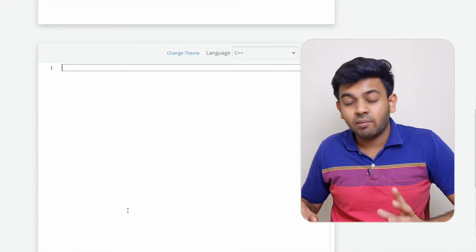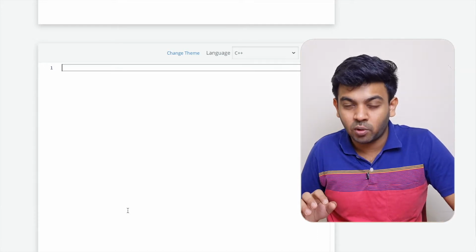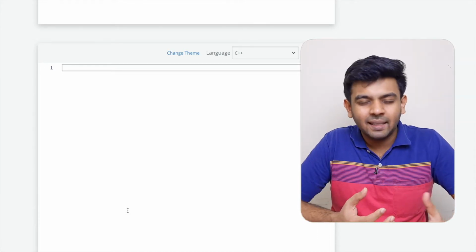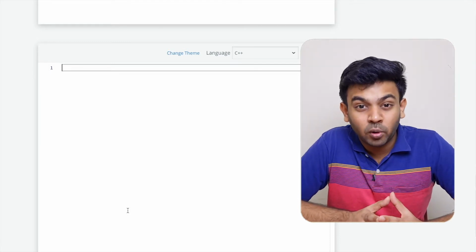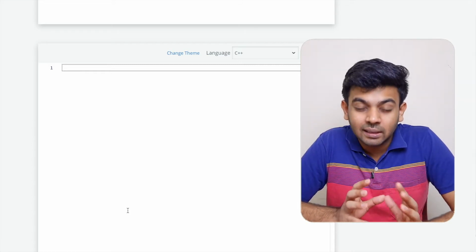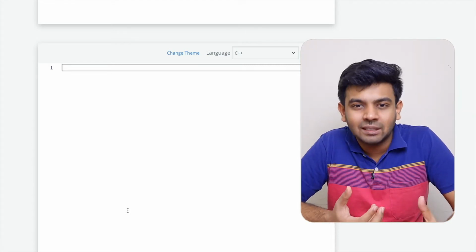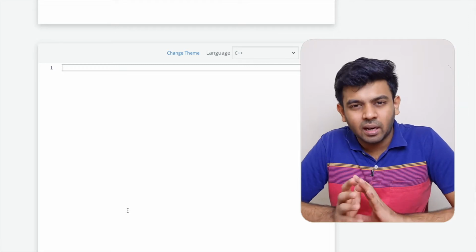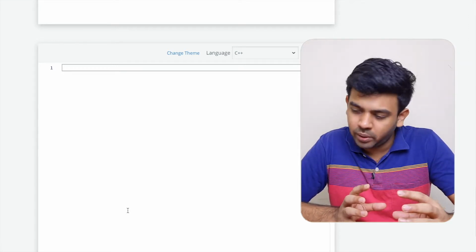Okay, so as I already told, this is a very simple question. You are given an array, you have to get the input of an array, add all the numbers that are present in the array and return the sum. And again, as we saw in the previous video, we are going to erase everything that has been given in the program. Basically, in the early stages of programming, I want you to write the whole program, not just the methods. So you'll get yourself acquainted with all the syntax of the language and you'll get to type it faster. That is why we are typing the entire code and not just the code snippet.